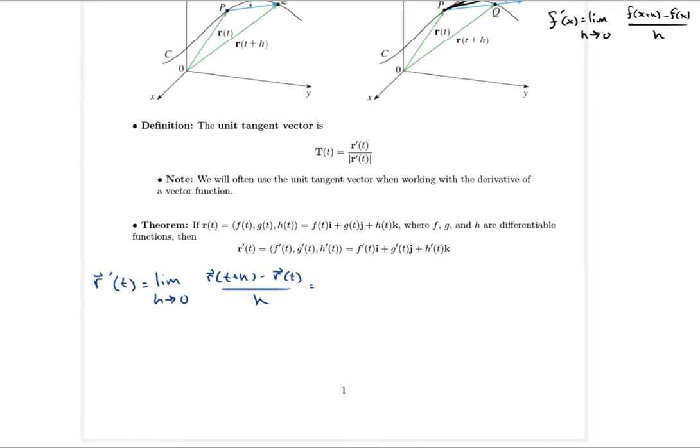So what I'll do here is I'll just write, this is the limit as h goes to 0 of, we'll have f of t plus h minus f of t, g of t plus h minus g of t,